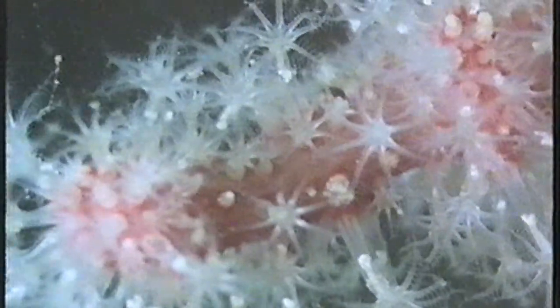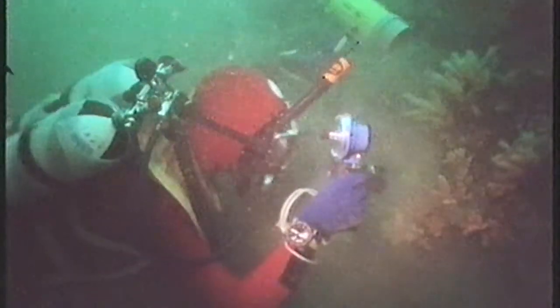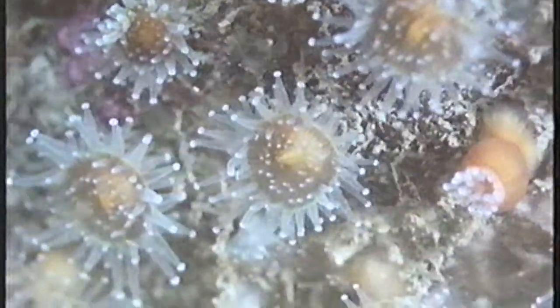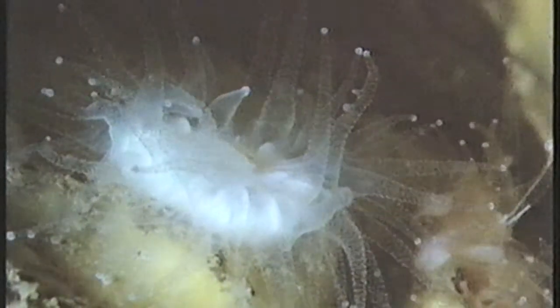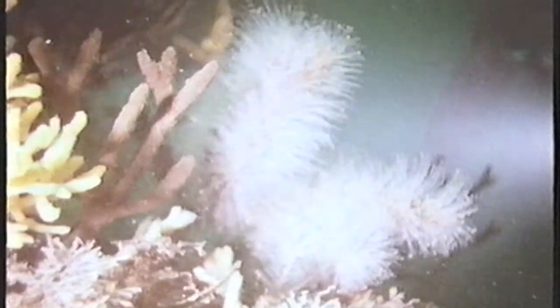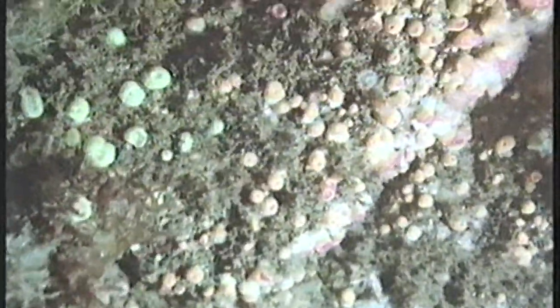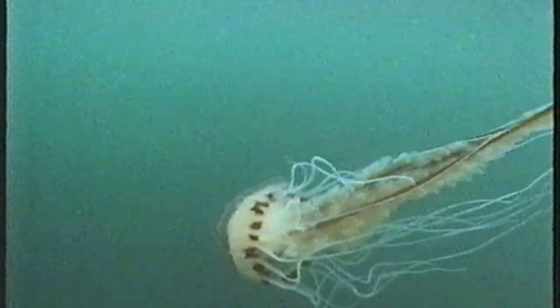The reason Lundy became this country's first statutory marine reserve is that it has an unusually large variety of underwater habitats, ranging from steep cliffs, boulder slopes and sand-filled gullies to large flat areas of mud and gravel. Added to this, the island is bathed by warm currents from the south, and so you can find here some species you would normally only expect to find in warmer waters, like the Mediterranean. The reserve stretches out for a mile all the way round the island and has